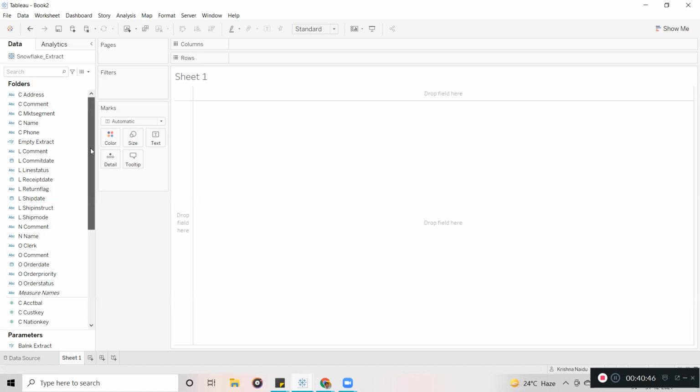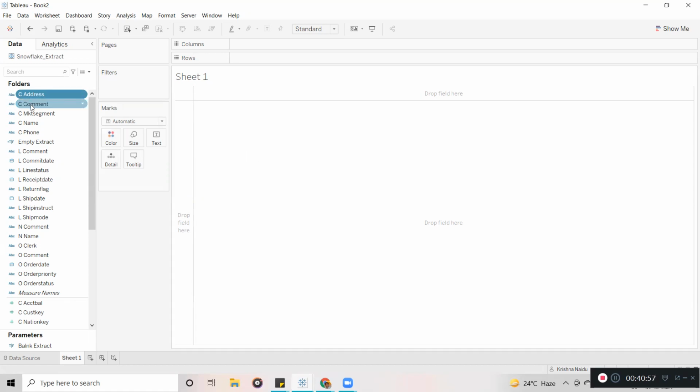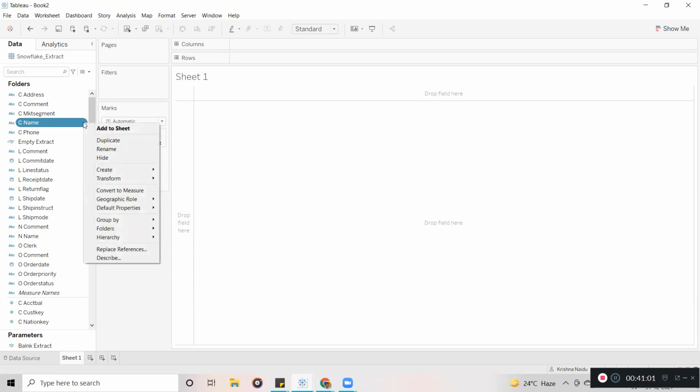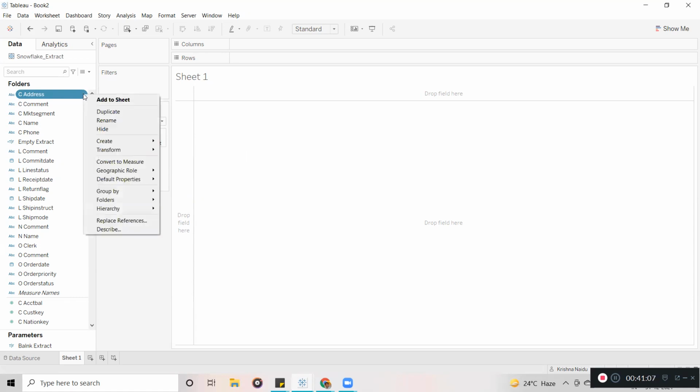Now here, for example, how are you going to create it? I am going to take address and right click on this. Whenever you click on any field, you get a drop down on the right side of that field. So I select address and click on this arrow mark, and here you can see the folder option is there.